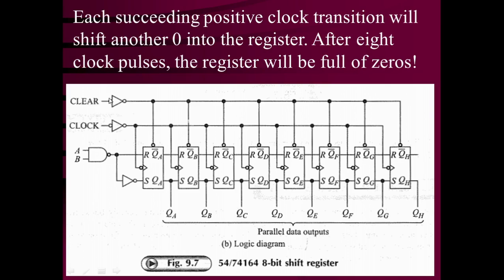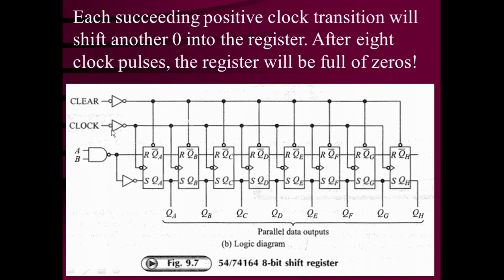This is the clear, which is also passed through the amplifier so that exactly 5 volts will be available to the clear inputs when it is high, and when it becomes low it is going to be 0 volt. On all the flip-flops, bubbles are shown. That means the clear input is active low for the flip-flops. So when this terminal is activated low, all the flip-flops are going to be reset, and the clock is allowed to run through this amplifier.